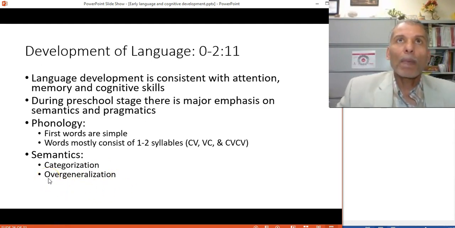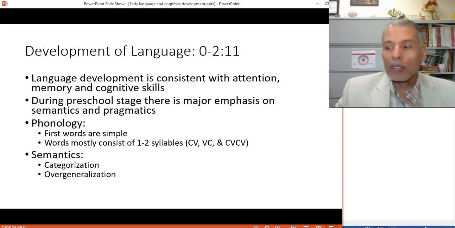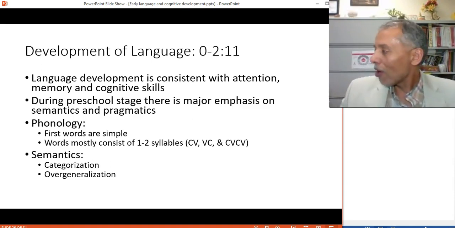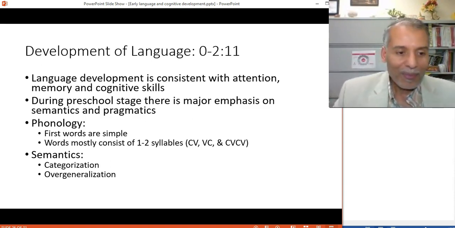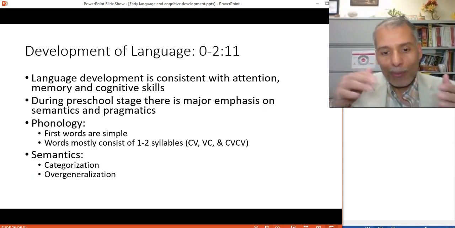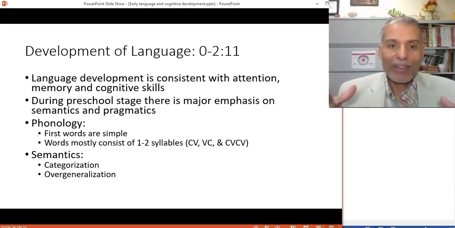When they learn something, I mentioned earlier the example of a horse. So they learn, horse, white horse. And then you show them a few days later a black one. So they look at it as something else. And then they understand, oh yeah, this also can be called a horse. And you have a brown one. And then they see a donkey, and they say, oh, that is a horse. So when they go overboard, going beyond the category, that's called overgeneralization.